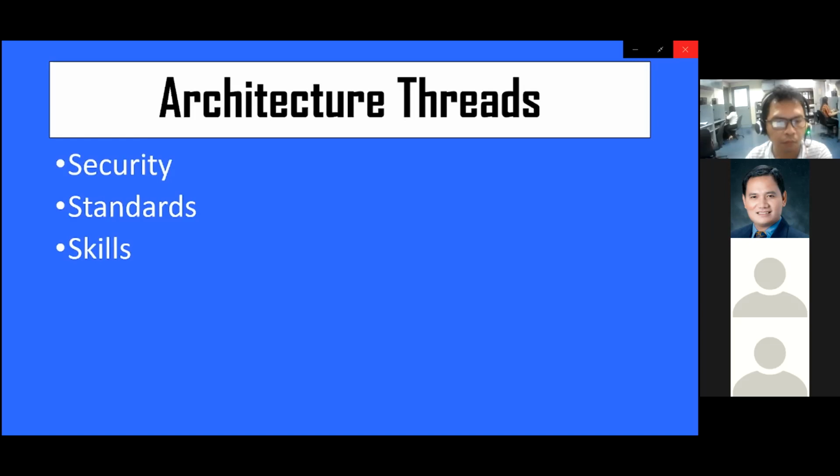So, for example, security, it's good for an EA to have a clear security management plan. So, security in all the domains. When it comes to the business aspect, when it comes to the technology aspect, all data must be secured. There should also be a focal person or personnel that handles this standard. So security must be consistent in all the domains of the enterprise architecture.